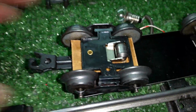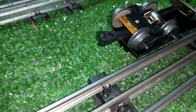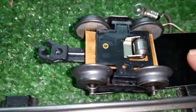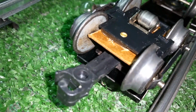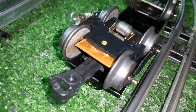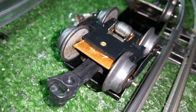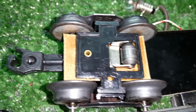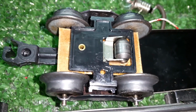But in this case, it will not fit a Marx truck. The dimensions are just completely wrong. So what I did was I took the plate that has the roller on it and I epoxied it to a piece of cardboard, fairly thick, as you see, about 1/16 of an inch, something like that. If we can get the camera to focus. There we go. And I then took the cardboard and epoxied it across the two axles on a four-wheel Marx